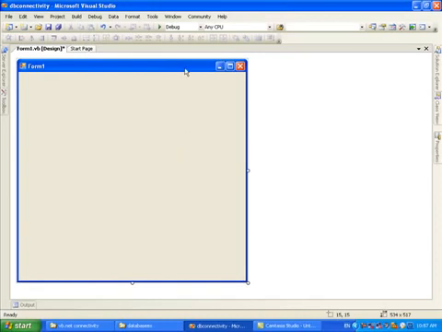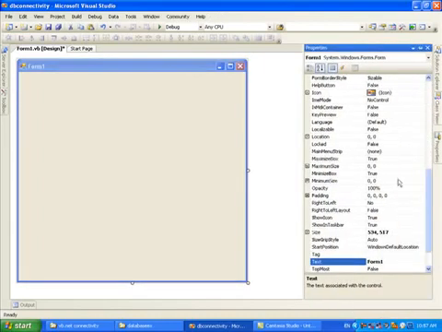First of all, I would like to change the form title. So I select the form, I press F4 and change the text property. I type connectivity by